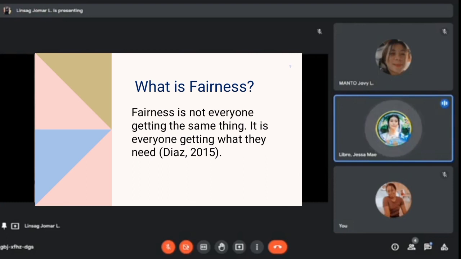So fairness is providing students with learning opportunities that best suit their learning needs. Since every single student is different from other students, this implies differentiated instruction, because not all students in a multi-grade school learn the same way. Now let's proceed to the